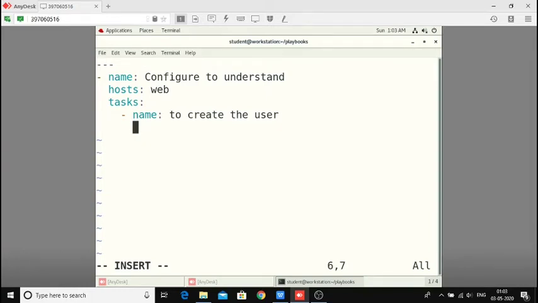Under the task I need to give my module name. The module name indicates how to execute the task. So I want to take user as the module. Under this I have to take the attributes. Under the module, attributes will be there. Attributes are nothing but my arguments, what arguments I want to take. Let's suppose I'm adding a user, so what will be the user name and what will be the UID, everything needs to be decided. So let's go with the name. I want to take the name as cost, then I want to take the UID.